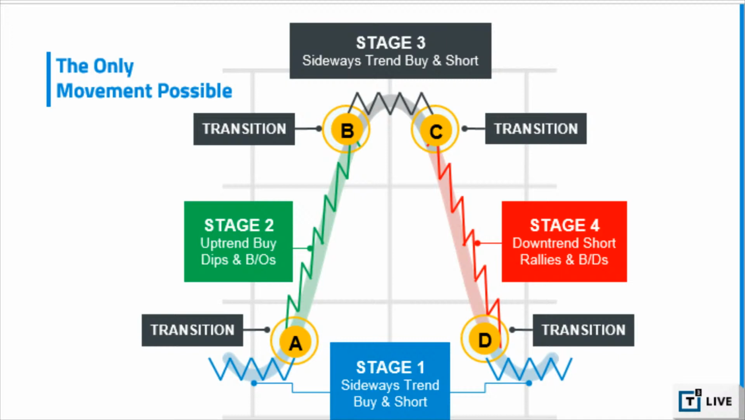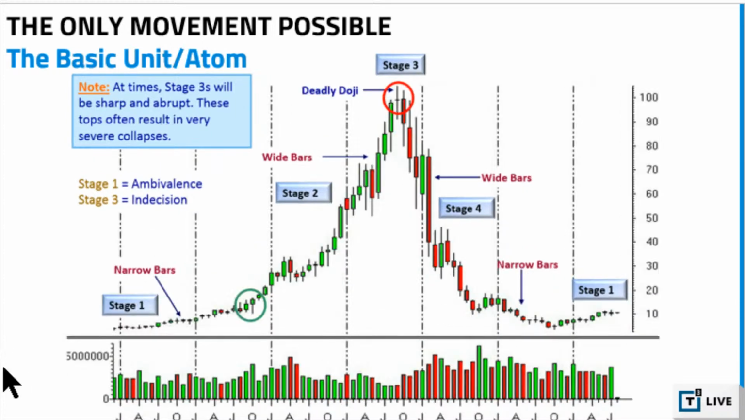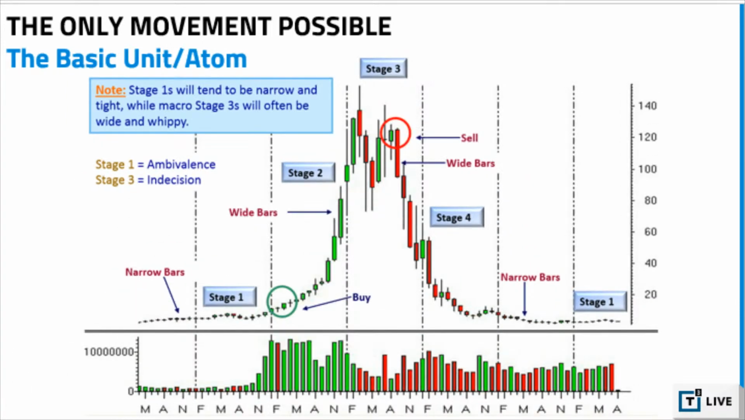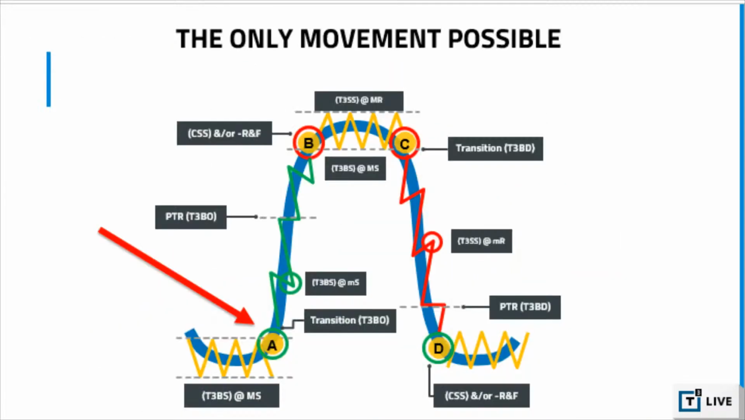It is especially easy to see the basic unit when you look at the larger picture, when you look at a microcycle like this one on the monthly chart, because it shows you the entire cycle. It shows you stage 1, stage 2, the uptrend, the top, which is stage 3, the sell-off, stage 4, and then repeat again, stage 1. So this is the basic unit. It's what I base all my trading on, and based on that, I was able to come up with